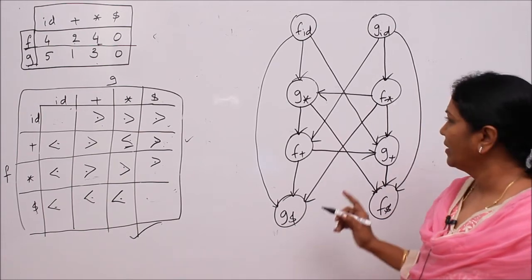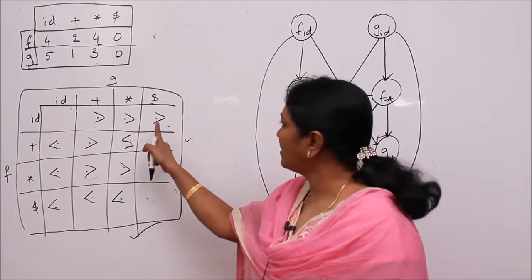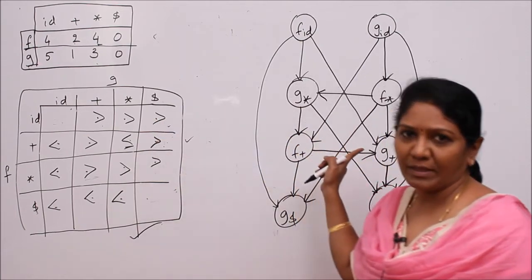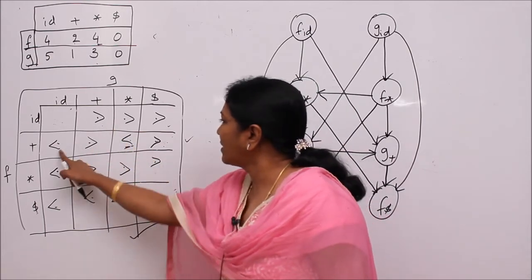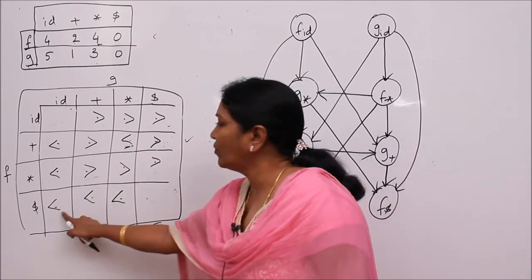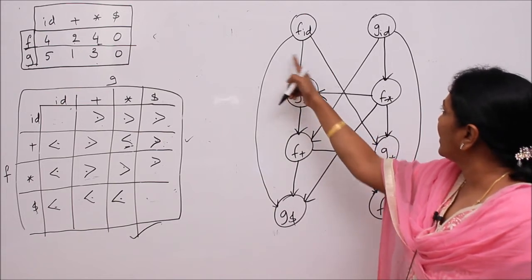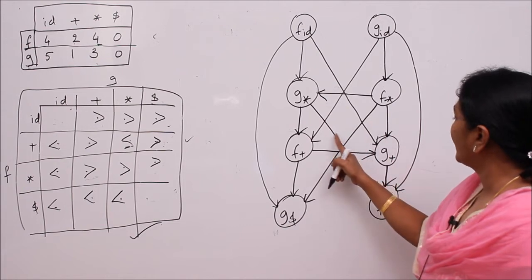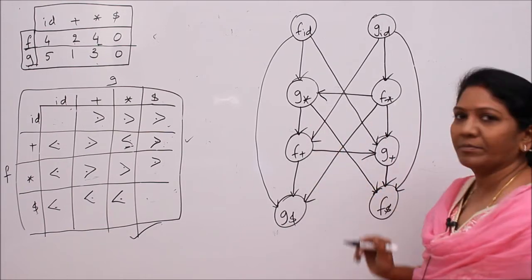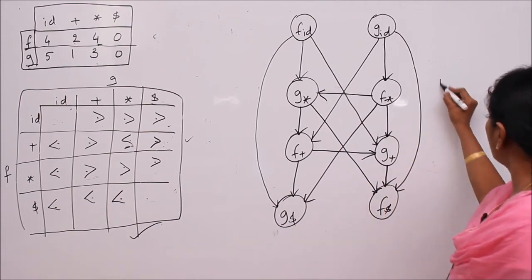That's it. If you want to verify, check out the number of relations. That many edges should be there in the graph. 1, 2, 3, 4, 5, 6, 7, 8, 9, 10, 11, 12, 13, 14. There should be 14 edges. So now to reduce this to table,